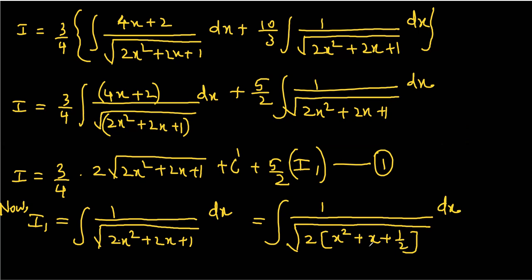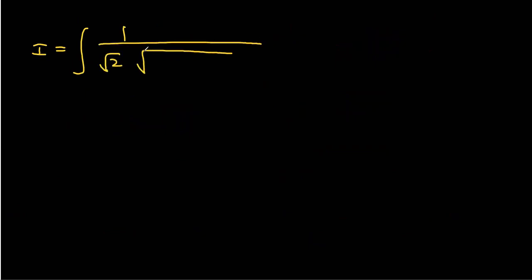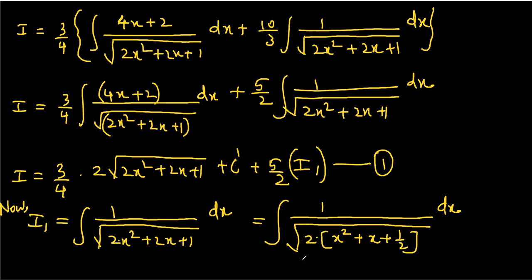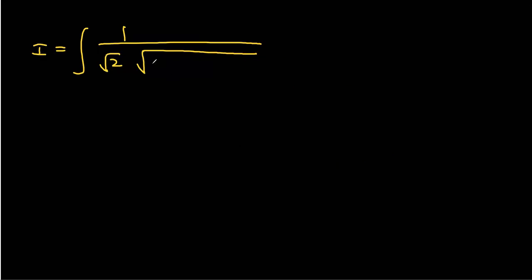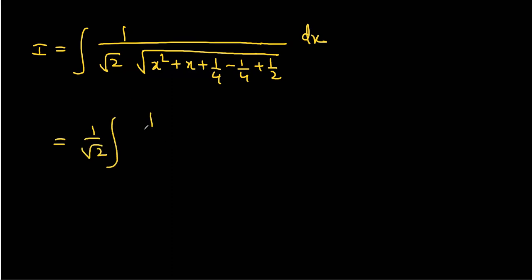So the next step I have is, I equals 1 over root 2. First of all, that root 2 can be taken out. Which root 2? I meant this root 2. This is inside, 2 into this bracket. So I can write root 2 outside. And then I have x square plus x plus half. So this is x square plus x plus 1 by 4, and I'm adding 1 by 4. So I subtract 1 by 4 and plus 1 by 2 dx. So this 1 by root 2 is outside, and here I have 1